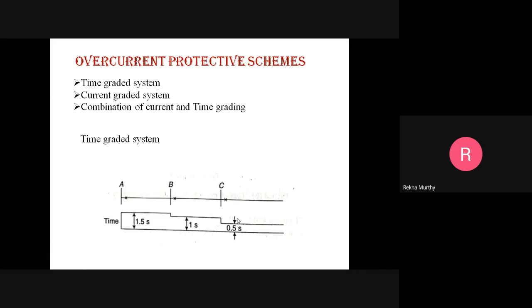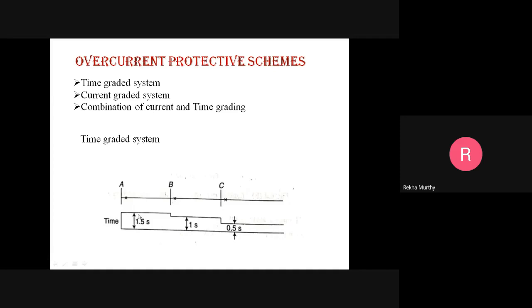If the relay C fails, then the fault will remain uncleared. In that situation, the least time between A and B is at B. Compared to the 1.5 seconds, we will consider 1 second. There, the relay at B will operate and the circuit breaker at B will trip. If the circuit breaker B also fails, then after 1.5 seconds, the circuit breaker